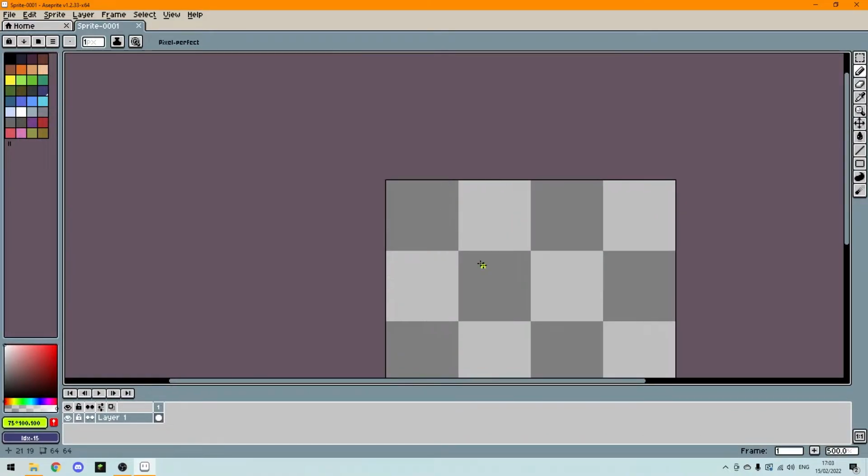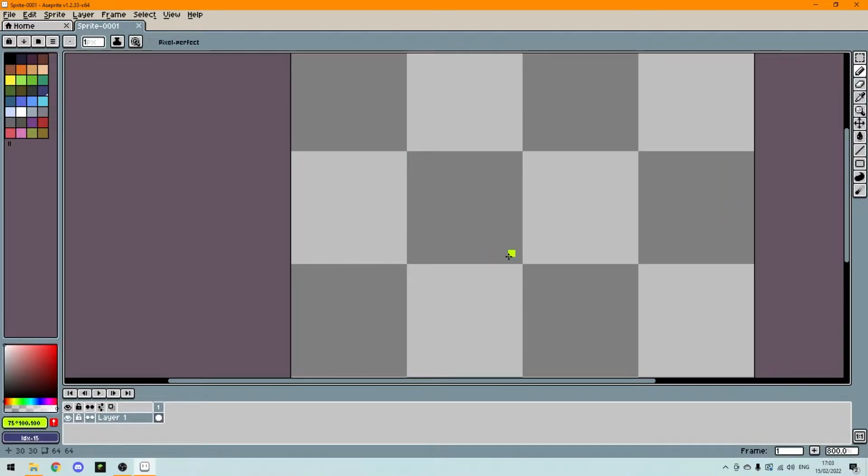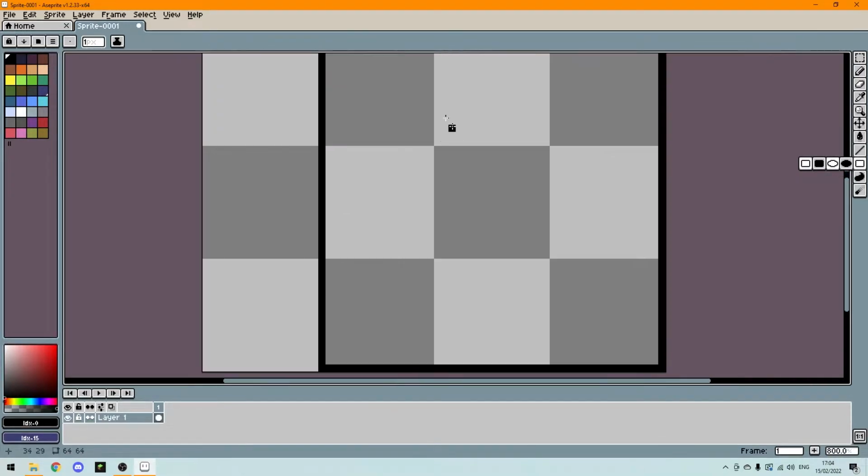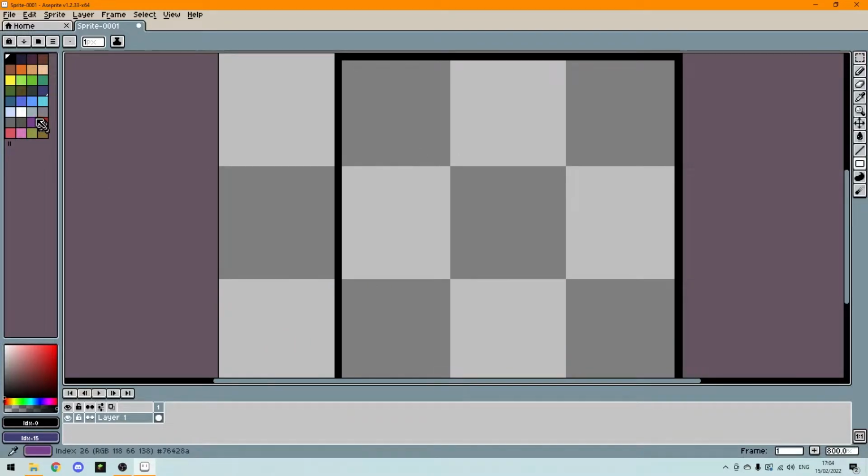So once you're in here, each of these squares is going to be one of your tiles. So what you want to do is get your first tile, and for example I'm just going to make it this one here, and you can just draw out a line. For this one you want it to be sort of seamless so that it'll work properly. So a simple thing to do is you actually just get your box tool, put it here. So this is going to be, say it's like a boulder or like a mountain, and then what you do is